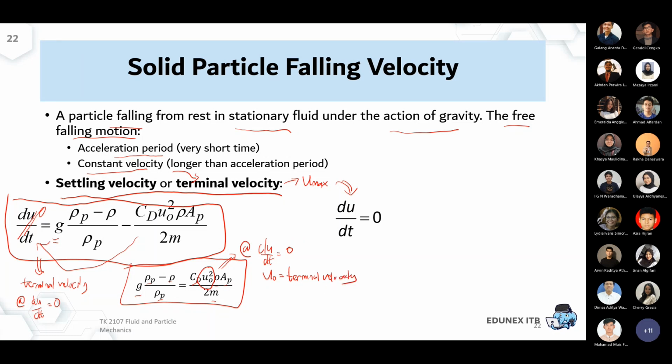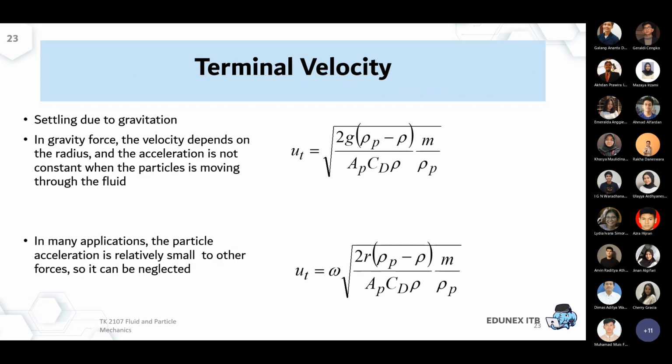Okay, so the formula can be calculated quite simply. Now we just move the 2m into the left part of the equation, and then CD rho AP should be at the bottom. Then you put a square root to get the terminal velocity. That should be your generic formula to calculate a terminal velocity. The square root is there because we are coming from the u squared.